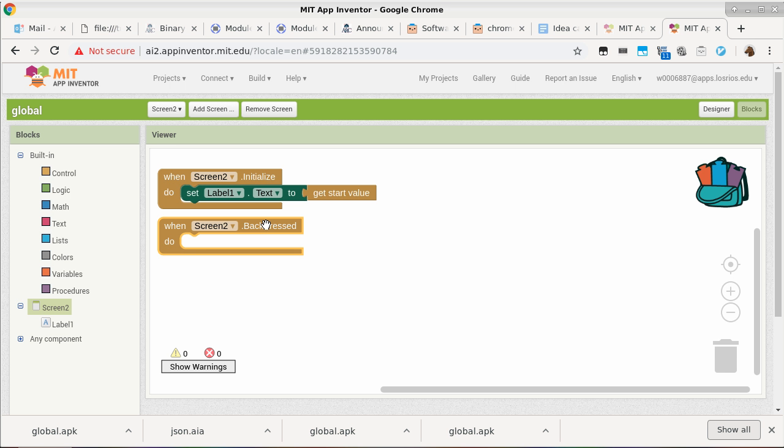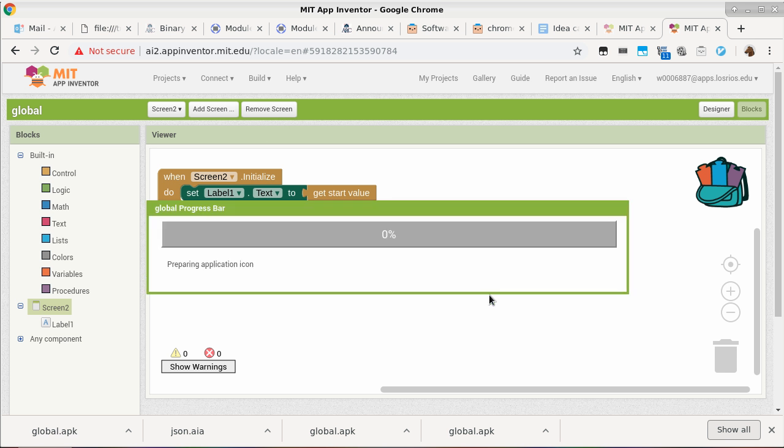Okay, so this is important because, nope, there's no warning here. That means you stay stuck. You can close the app, the entire app, but you cannot switch back to screen one.